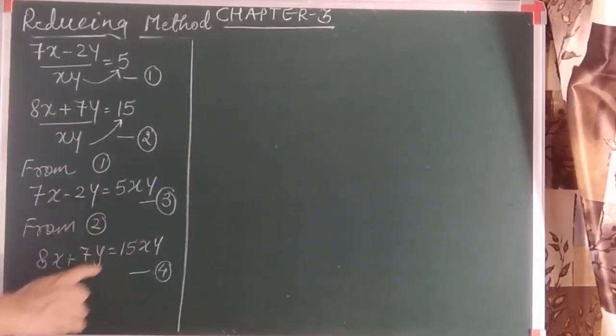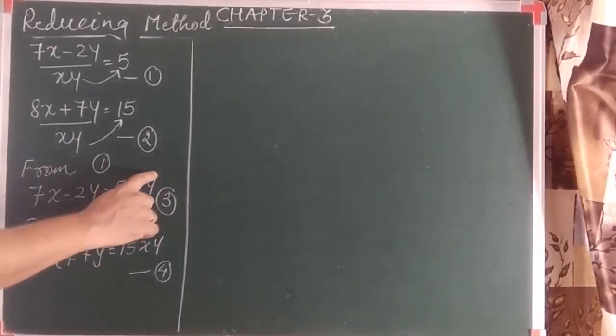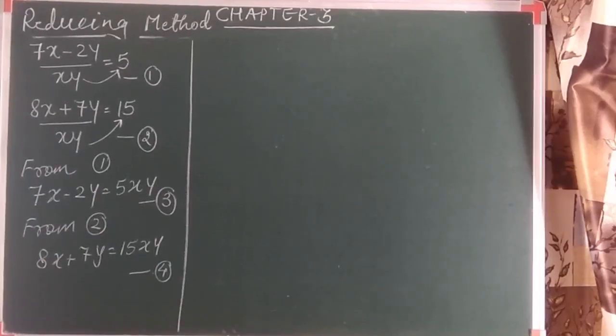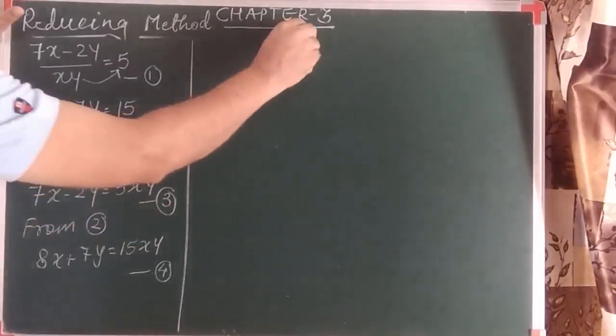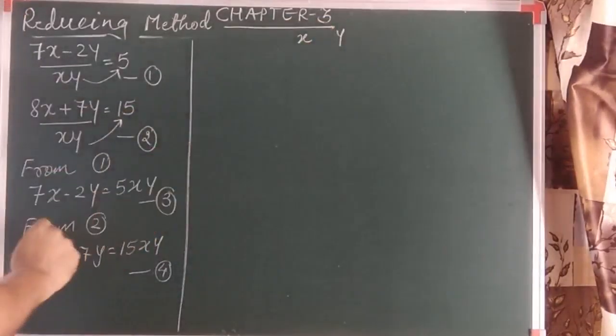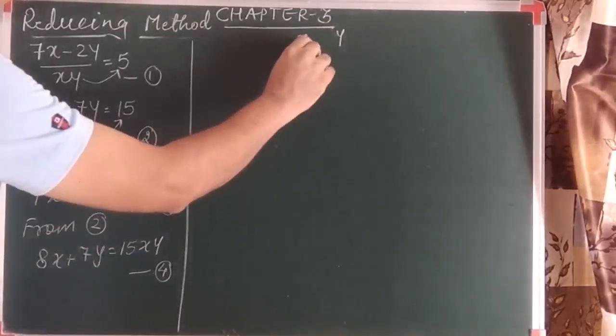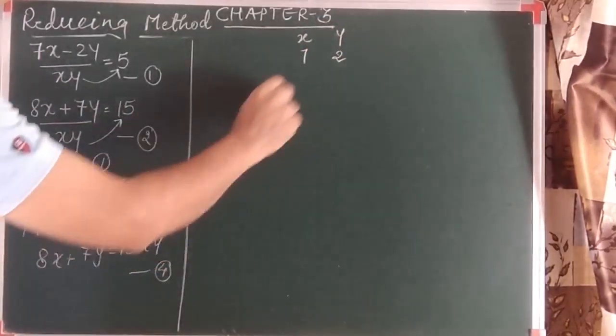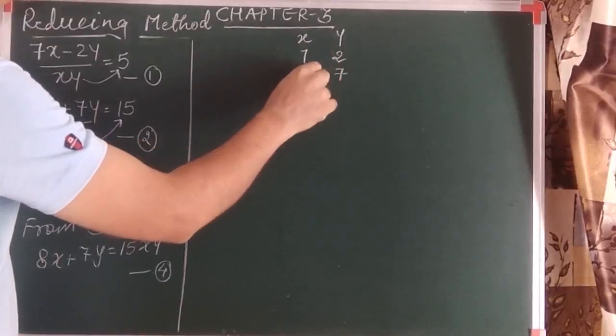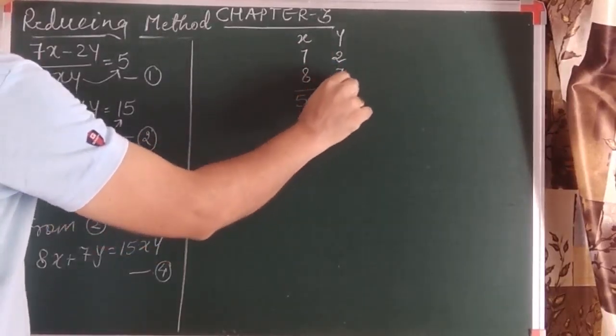Now we can see that we obtain two different equations than the ones given in the question. This won't be considered a linear equation in two variables because x and y have 1 and 1, so it is considered as power 2. But forget that. What we'll do here is the elimination of these two. To do the elimination, follow the same pattern: the coefficient of one of the variables is required to be equal. So let us write down the coefficients of x and y of both equations. Don't write the xy term. It's 7 and 2, and it's 8 and 7. So the LCM would be 56 and this would be 14.